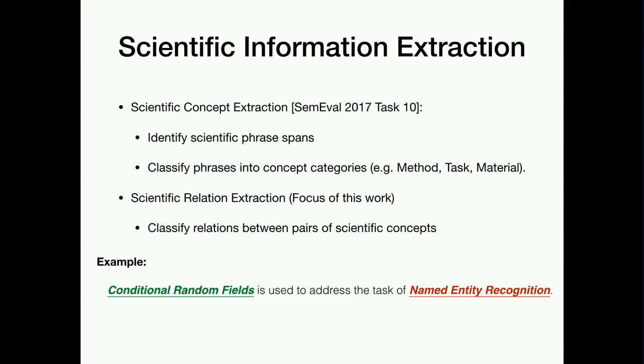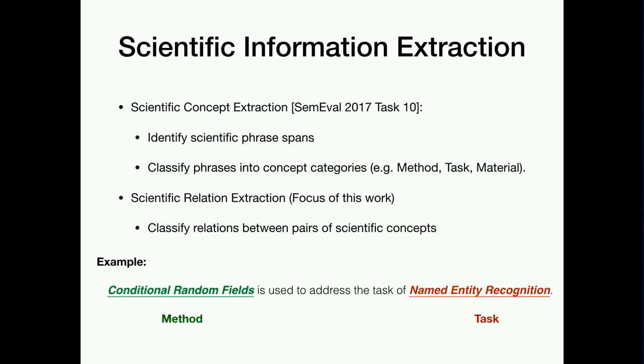There are basically two major steps towards the task of scientific information extraction. The first one is scientific concept extraction, which was first introduced in Zamaraeva 2017. The task is to identify scientific phrase spans and also classify the phrase spans into concept categories, such as method, task, and material. For example, in this sentence, conditional random fields and named entity recognition will be extracted and classified as method